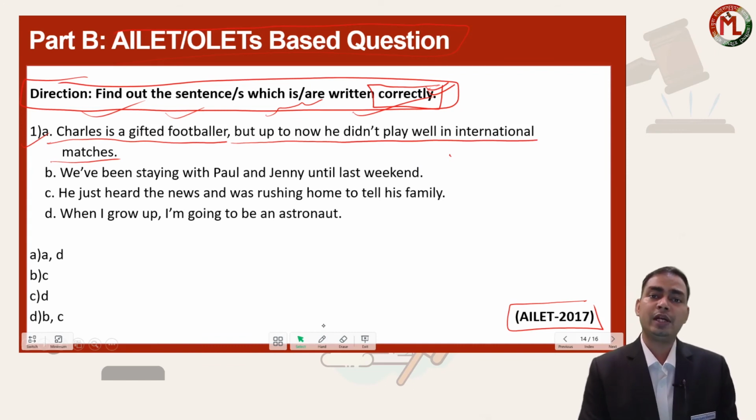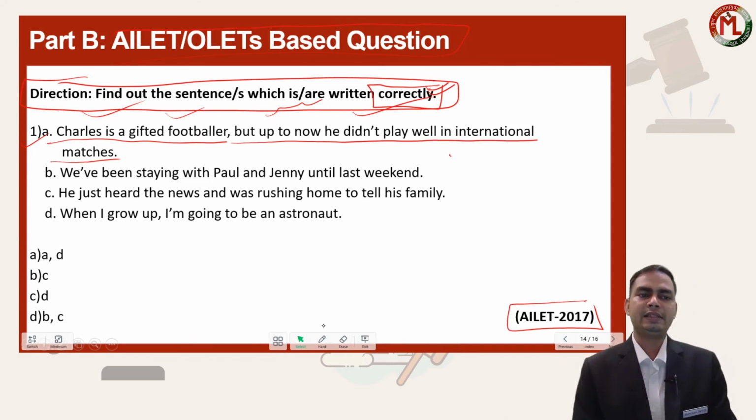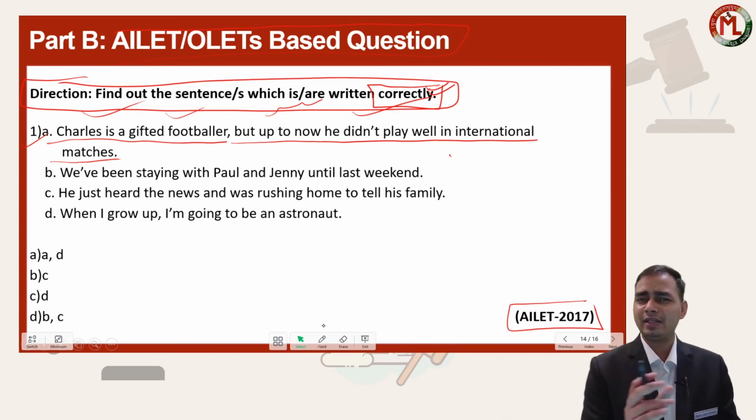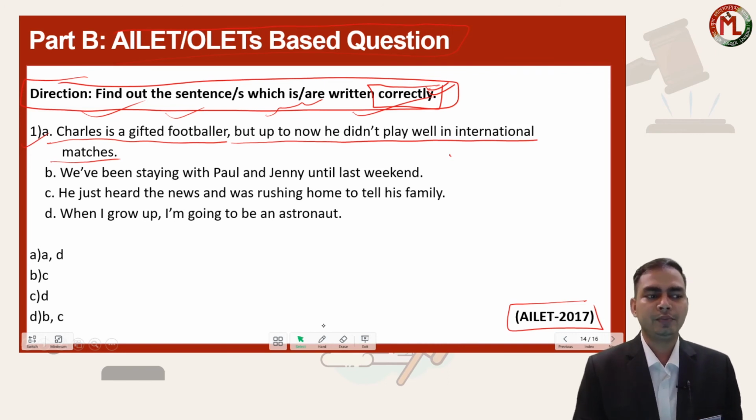But some students, from the CBSE pattern or ICSE pattern, when they read the sentence, they say, sir, this word, this sentence does not sound good. So look, sometimes this will work but not always. So I would suggest that you read the rules before you go for the examination.